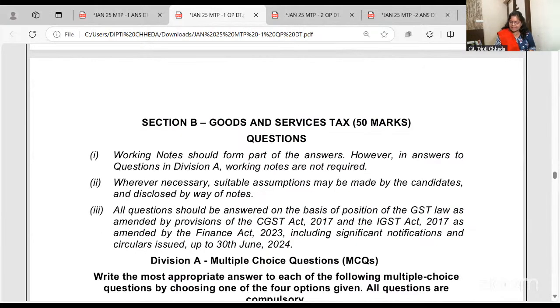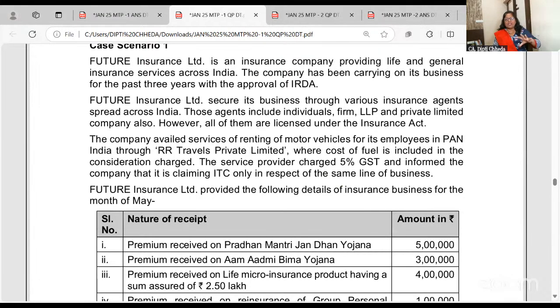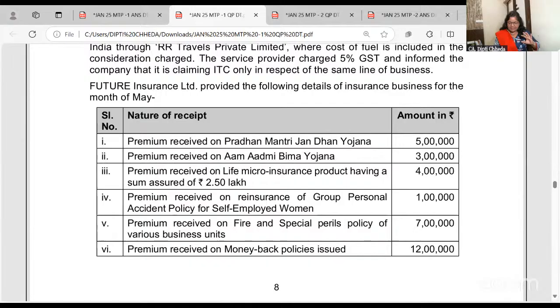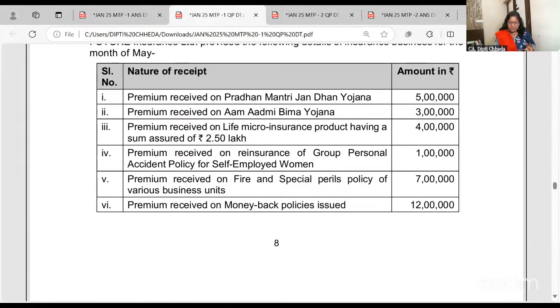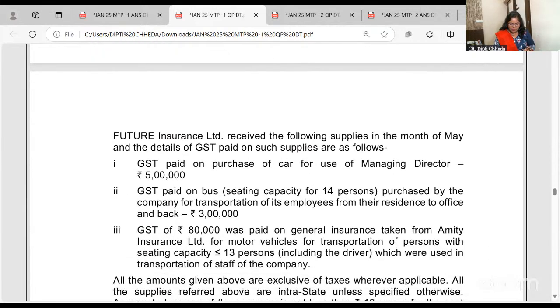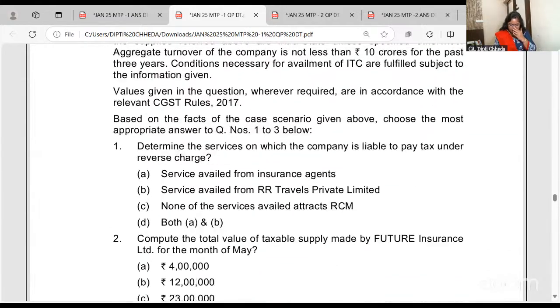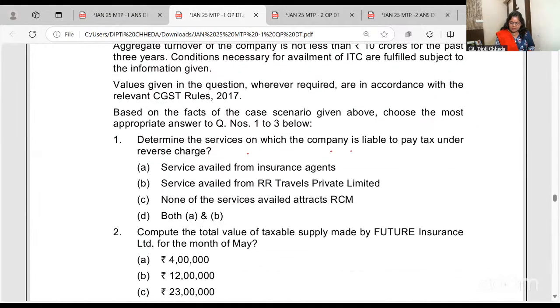GST. Let us start. Okay, the best part of the MCQs of GST is that the first answer will be from the first para, the second from the second. This is just guesswork, but definitely it works for your exam also. So determine the services on which the company is liable to tax under